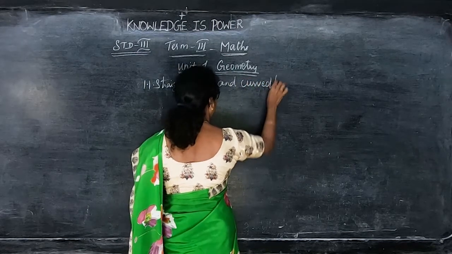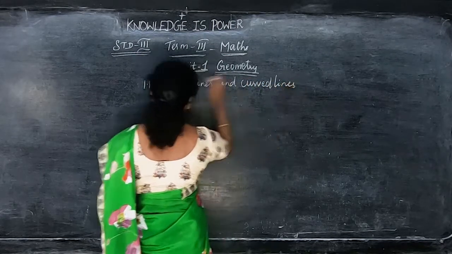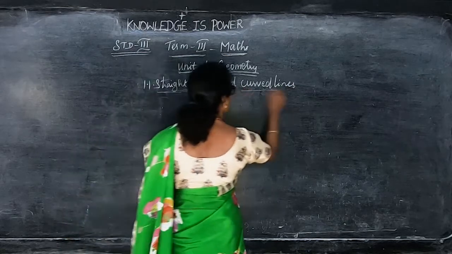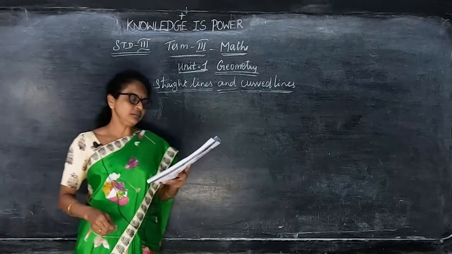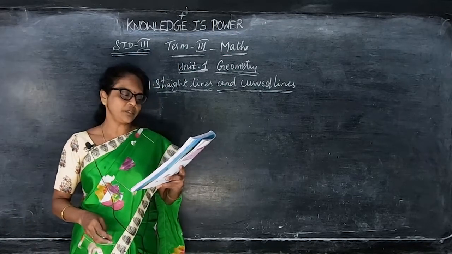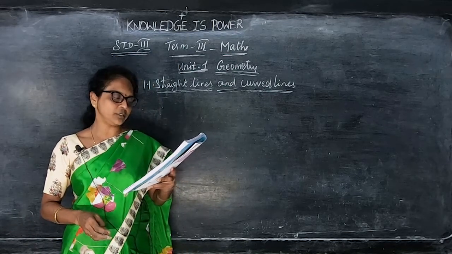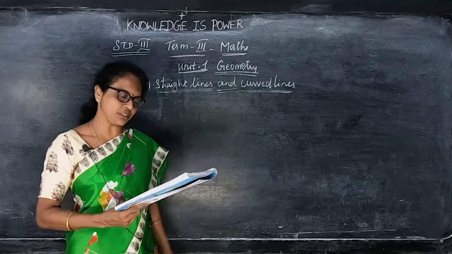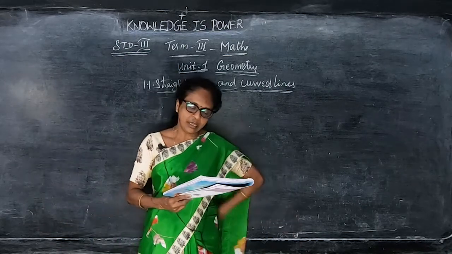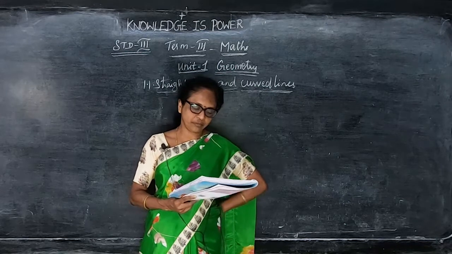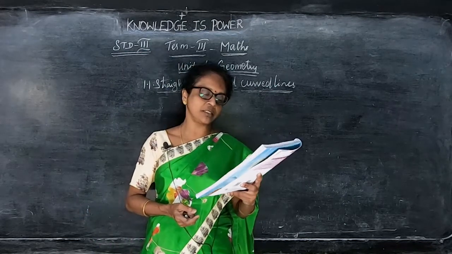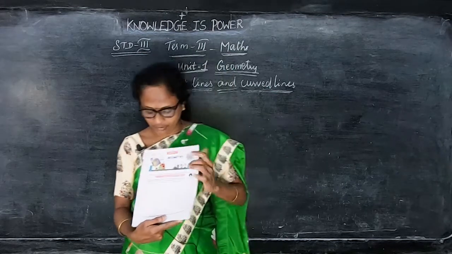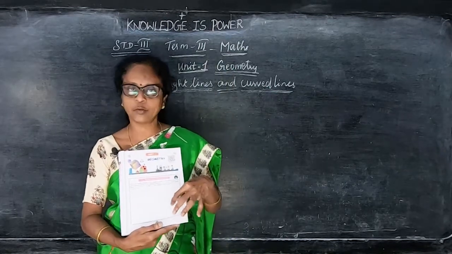Straight lines la neera irukadhu, curved lines la varanju irukadhu. So some of the objects you might have seen in the straight lines and curved lines. Here, draw the similar shapes. They are given in the dotted grid and sort them by writing C for the shapes made of the curved lines and S for the shapes made of the straight lines and CS for the shapes with both curved and the straight lines. So here they are given some of the pictures like this, some of the drawings.